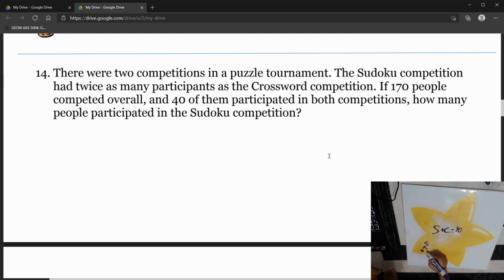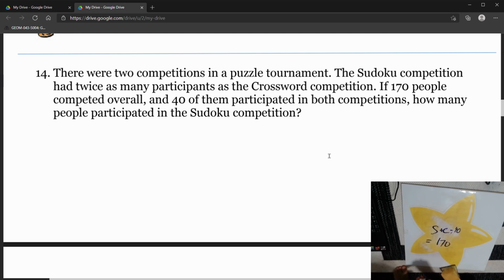And then you would have also the only people, which we don't know. And we have crossword, which has a both, and it has its only. Okay, so here we see that both is getting doubled, so you have to subtract 1 to make it the right answer. So that's why you do minus 40. And so this would equal